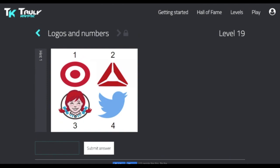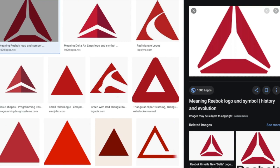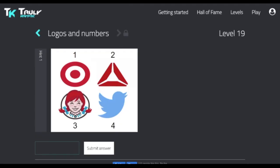In this puzzle, I recognized 3 logos straight away. The only logo I didn't know was number 2, so once again, a Google image search was going to help. Luckily for me, the Google image search worked well, and I was able to find out that that logo was